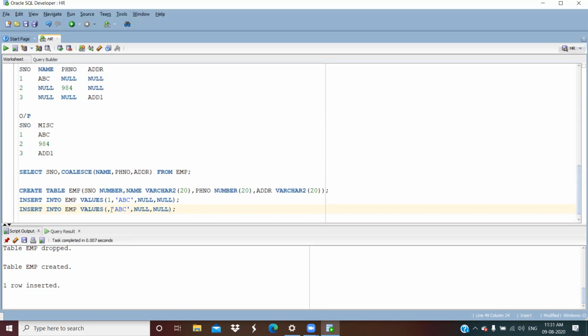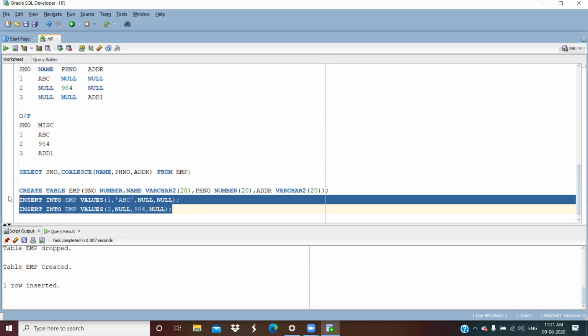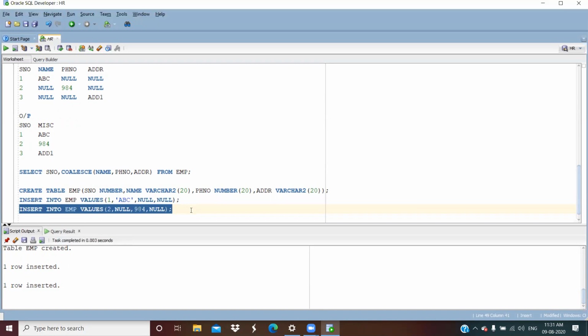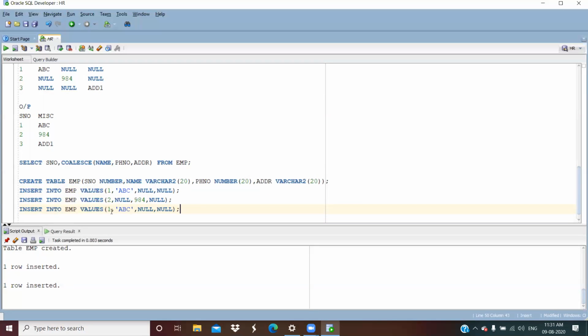This is 2, null, 984. The third one is 3, the second one is null, the third one is null, and the fourth one is ADD1.